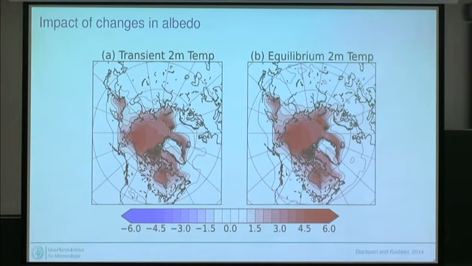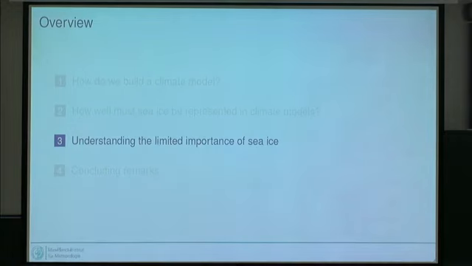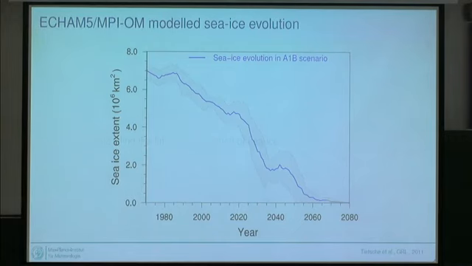For example, what is shown here is the change in 2-meter temperature, very much limited to what happens in the Arctic, and the change in air pressure they got from these simulations. Again, fairly small and fairly limited regionally, which strongly suggests that whatever we do to Arctic sea ice in terms of albedo doesn't really matter too much for the rest of the planet. And towards the end, I just very briefly want to point out some of the studies we've recently done to really understand the somewhat limited importance of sea ice that I've pointed out in this second part here.